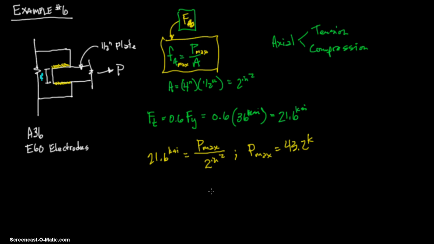And from section J, it looks like one page over is welds, and section J2 is welds. Number 1 is groove welds. We don't have a groove weld. Number 2 is fillet welds. There we go. And you can read through the effective area, and that's where I probably should have read through